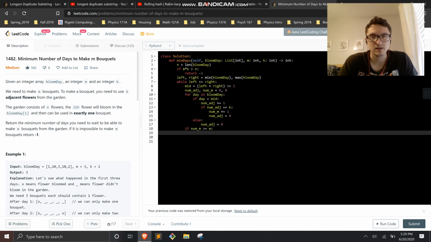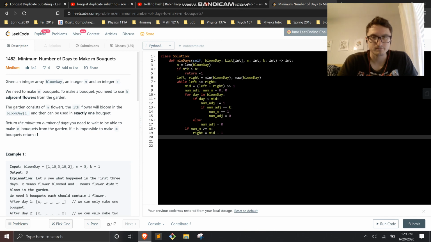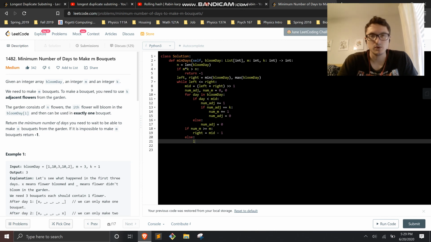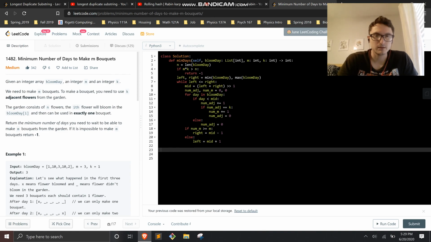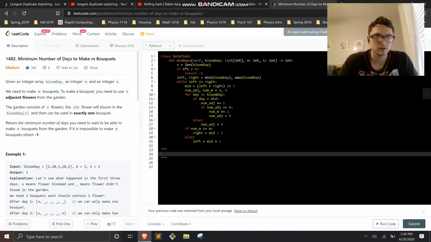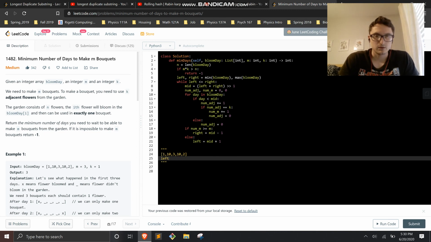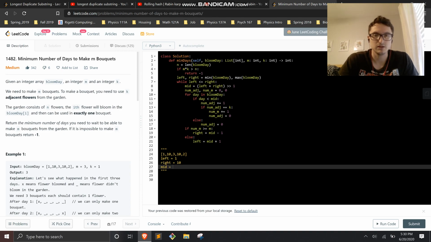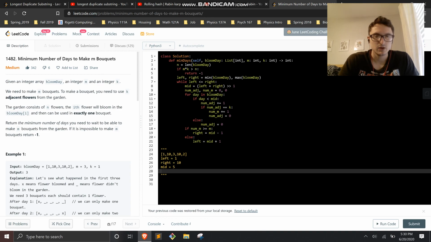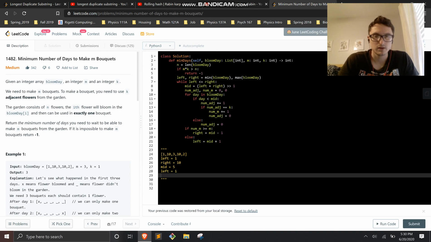So if we want to get the left segment, we want to move the right. So we're going to say right equals mid minus 1. Else, we would want to move the left to mid plus 1. Okay, so let's think about what's going to happen in my example now that we did this. So we have 1, 10, 3, 10, 2. So left is equal to 1, right is equal to 10, and mid is equal to 5 initially. When we have 5, we end up moving the right, so left is still equal to 1, but the right will be equal to,